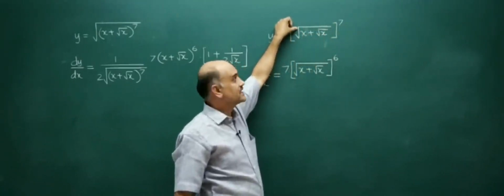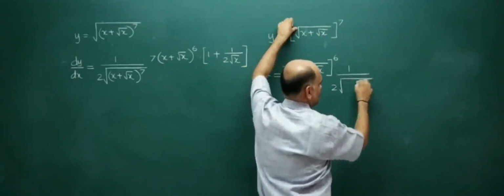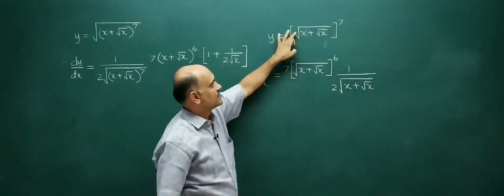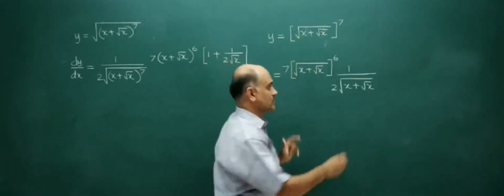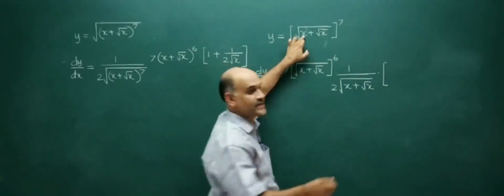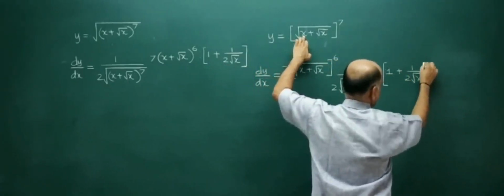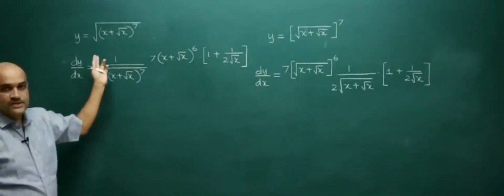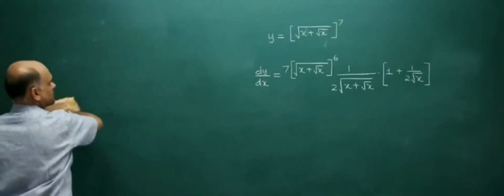Now you differentiate this root. So differentiation of root will be 1 by 2 root of x plus root x. So differentiation of this root is over. Now differentiate the term inside this root. Inside root, differentiation of x is 1, of root x is 1 by 2 root x, bracket complete. Clear, students? The difference between these two. Similarly, you try